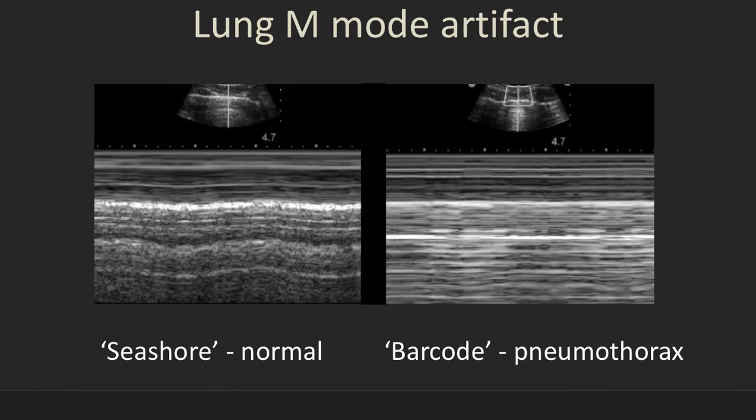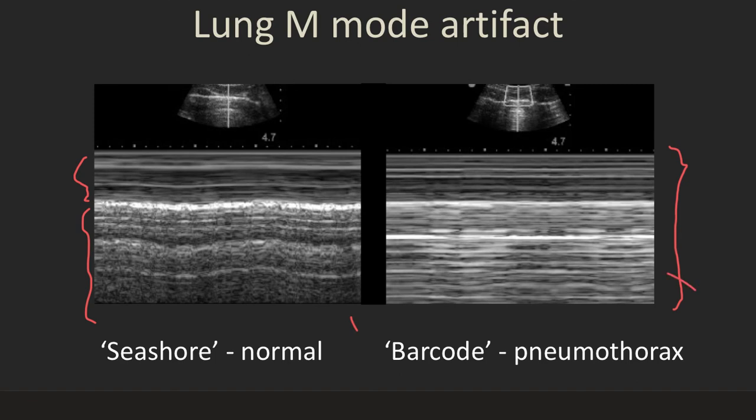I'm just going to briefly mention something that's used when looking for pneumothoraces in the lung using ultrasound with M mode, and this is an artifact that's produced by pneumothorax. So if you put M mode normally on the lung, you produce what they call a seashore type pattern. So you see the sand, and then you've got the waves going on here. When you have a pneumothorax, the pattern changes because you have air which is preventing a normal transmission of that ultrasound beam, but in a different way. And it then turns into what's called the barcode type pattern. So seashore is normal, barcode is the